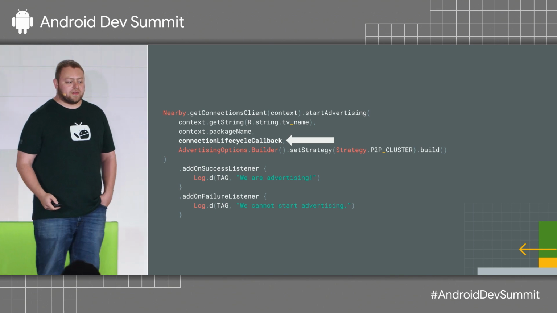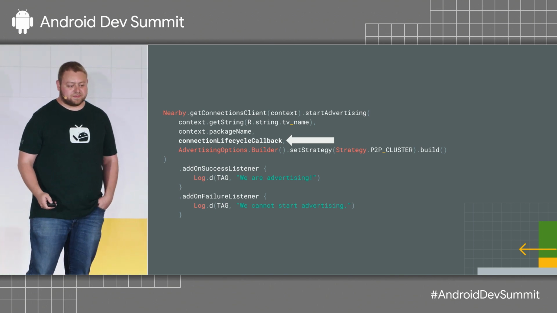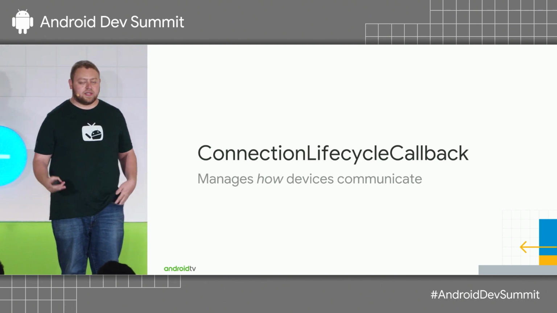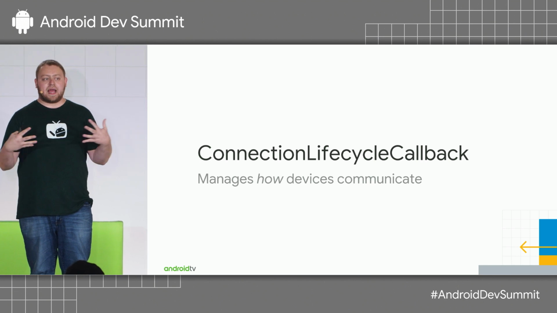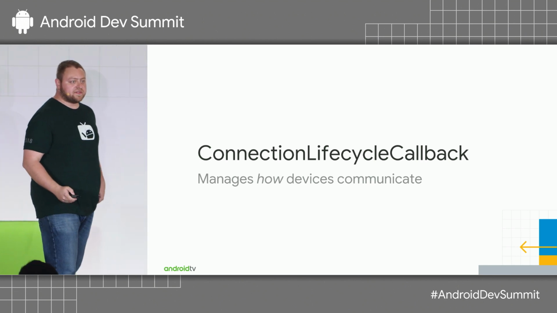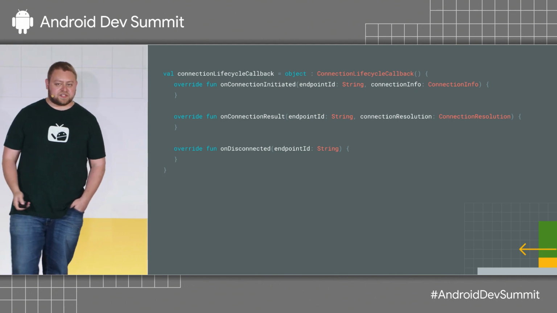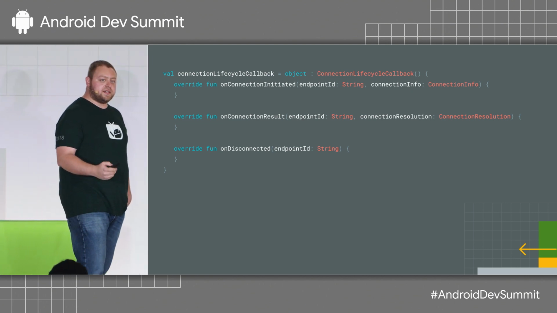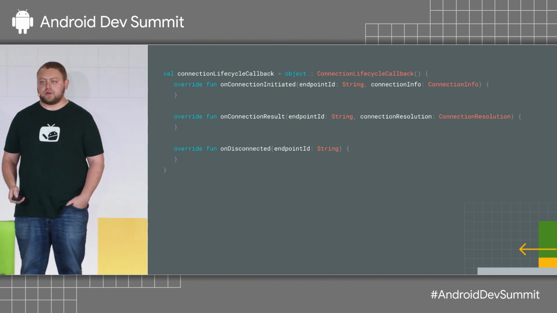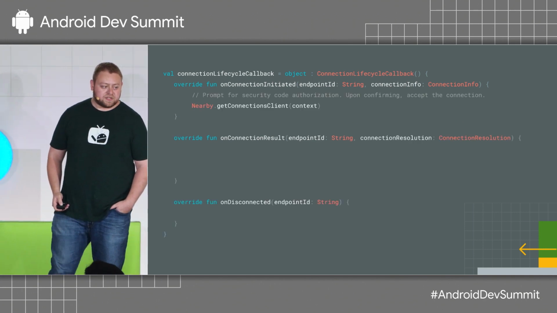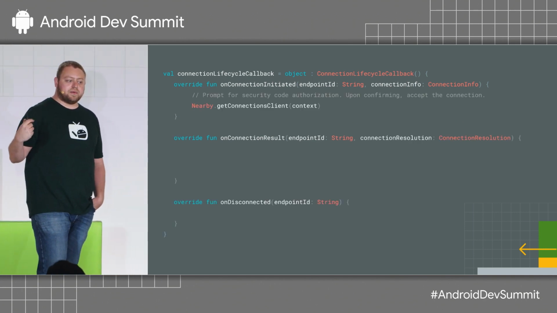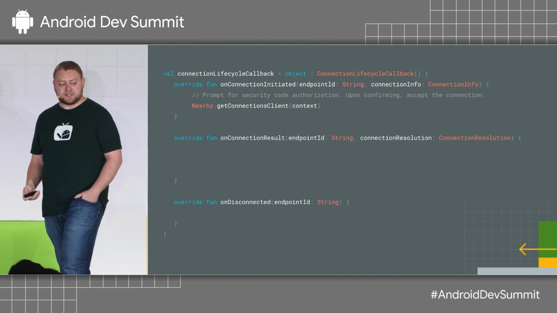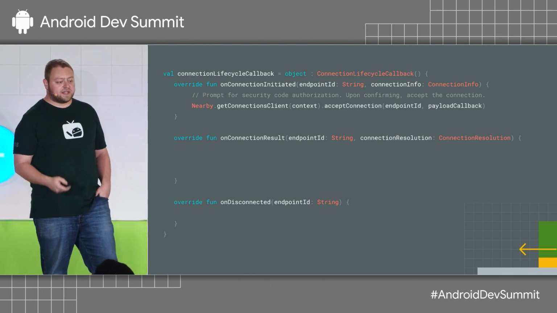The big elephant on this slide, though, is the connection lifecycle callback. This callback talks about how the devices will talk to each other. What's going to be said is later, but how are they going to say it now is handled in the connection lifecycle callback. Simple three methods: onConnectionInitiated, onConnectionResult, and onDisconnected. They're pretty straightforward, but let's dive in a little bit more. So when a connection is initiated, that means the phone requested a connection. You're going to prompt for security and do a couple things, but eventually you're going to say Nearby.getConnectionsClient acceptConnection.